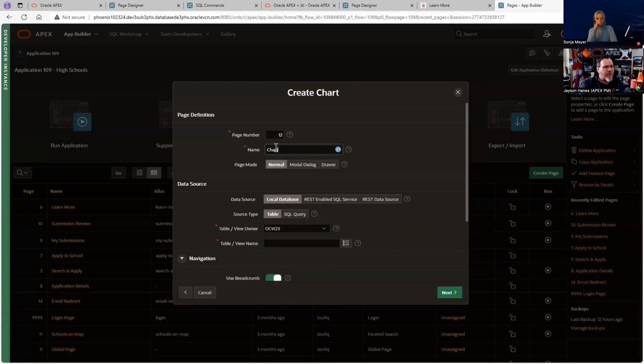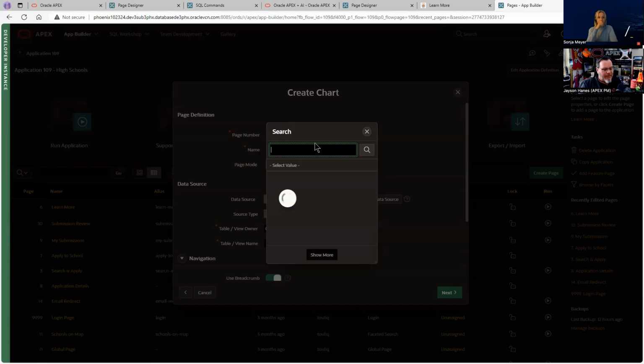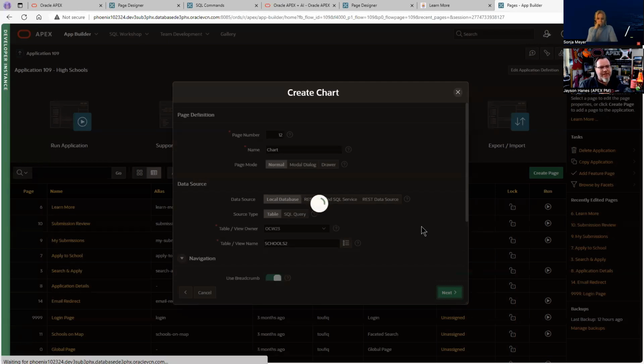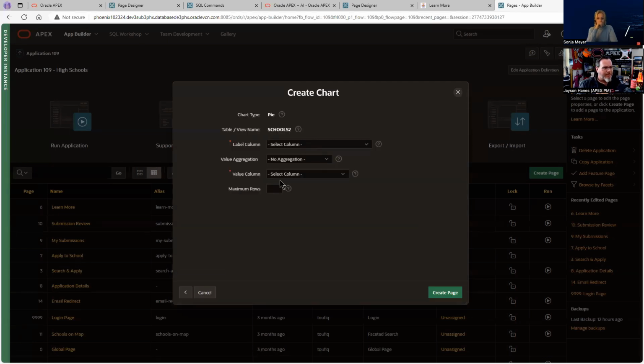I'll just call it chart. And I know that this is based on, actually, it's different here. This one is based on schools. Schools 2 is good. I'm specifying my data source. I am mapping, actually,